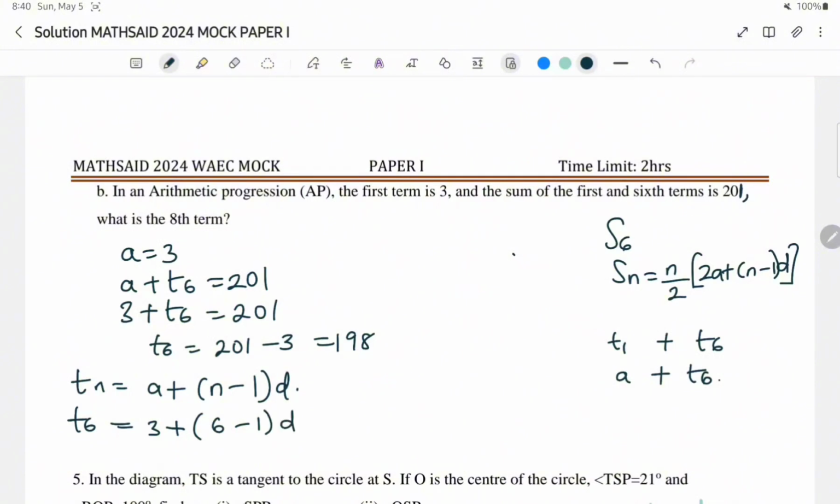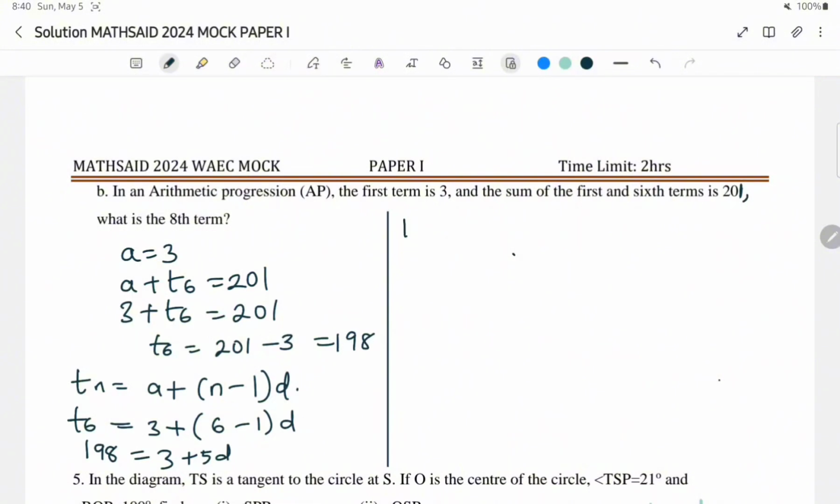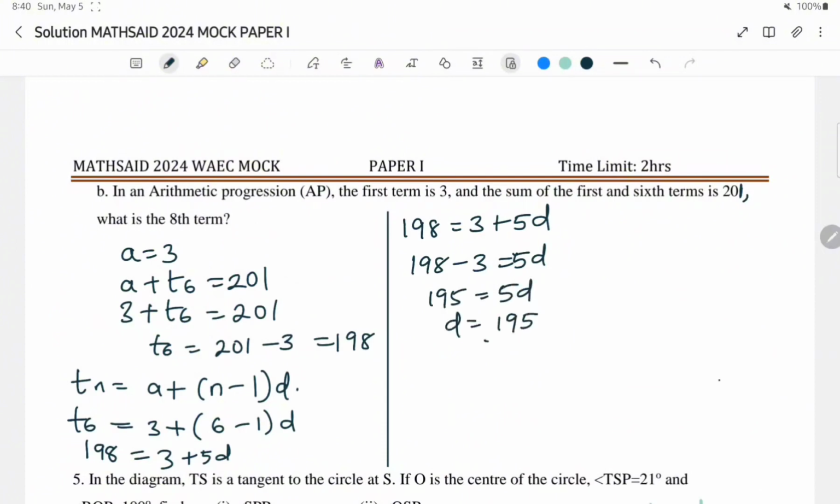Since T6 is 198 that we've calculated, that means 198 equals 3 plus 5d. So bringing 3 to where I have 198, 198 minus 3 equals 5d. That means 195 equals 5d, and d is going to be 195 divided by 5, and that will give us